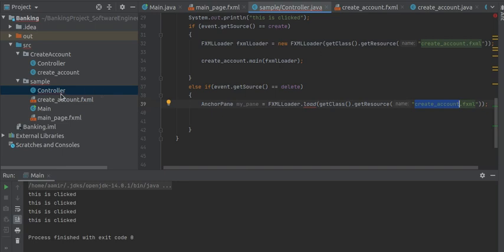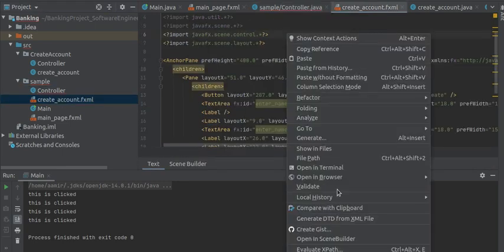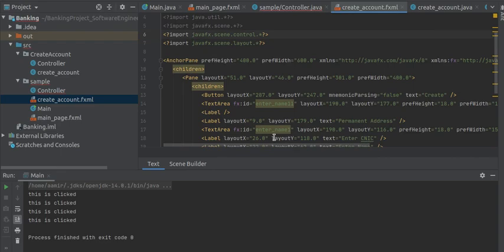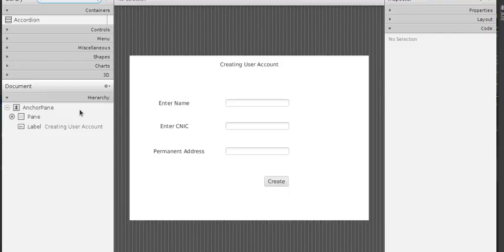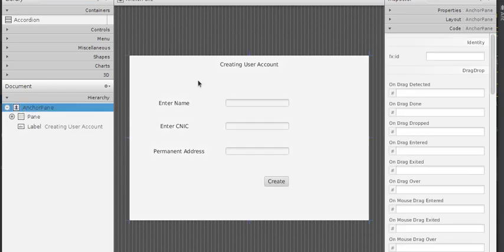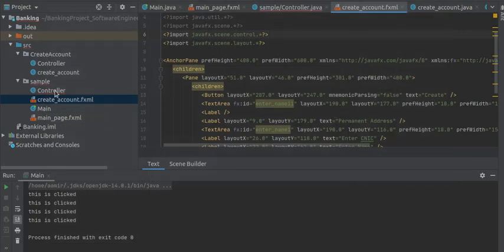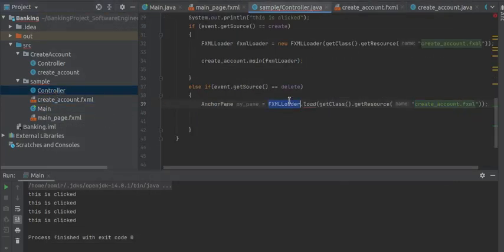I will show it again. Open it in the builder and check the parent of this file. This file's parent is anchor pane, and these are its children. So this is loaded in this anchor pane. So this part is done.